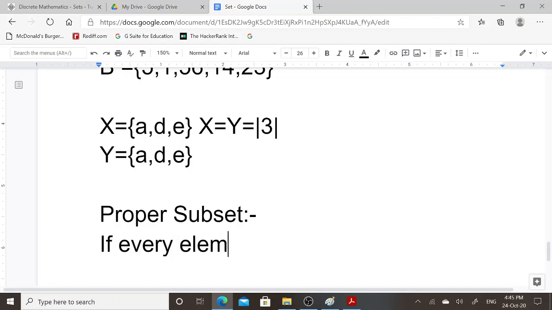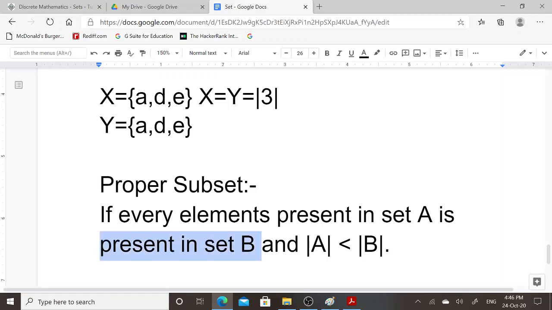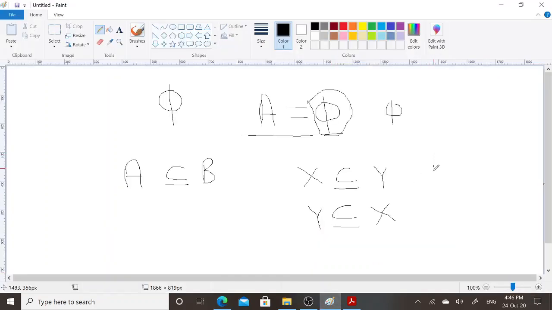If every element present in set A is present in set B and cardinality of set A is less than cardinality of set B, then A is considered as proper subset of set B, and it is written as A is proper subset of set B.